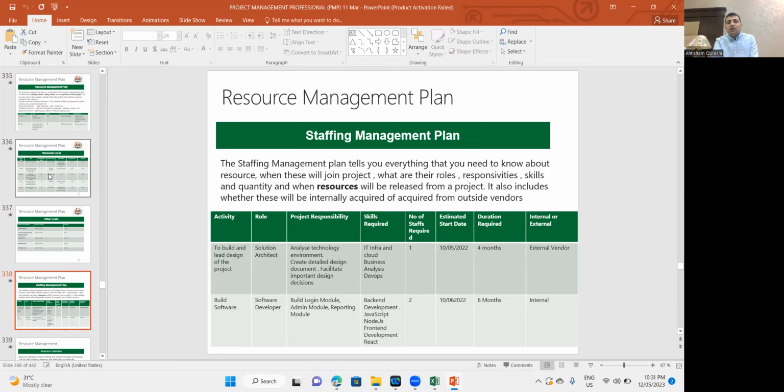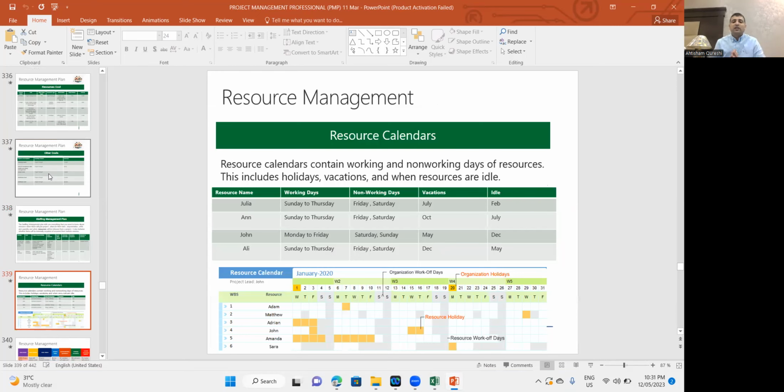Okay. And now let's see resource calendars. The resource calendar is showing